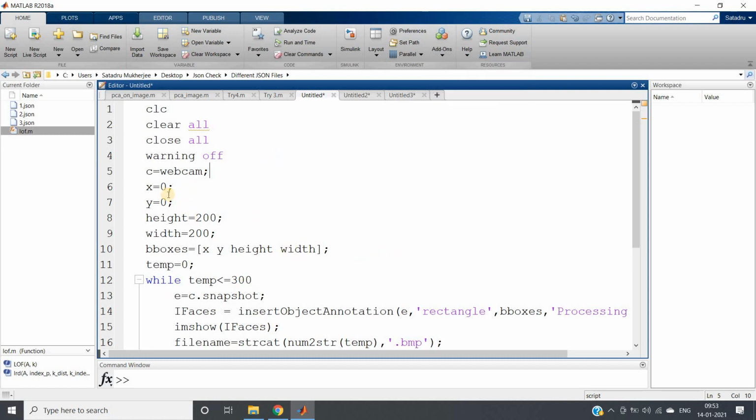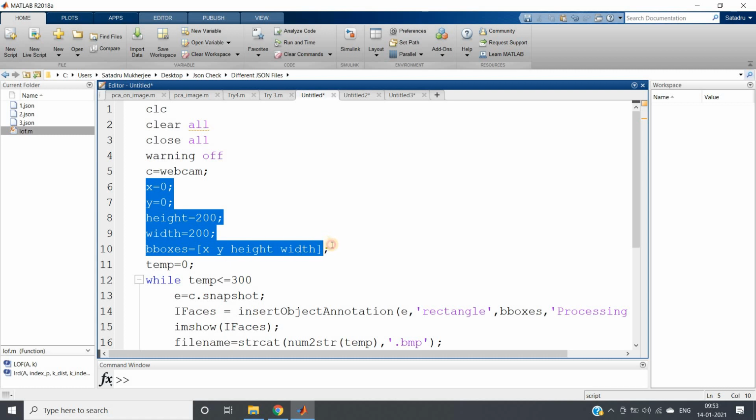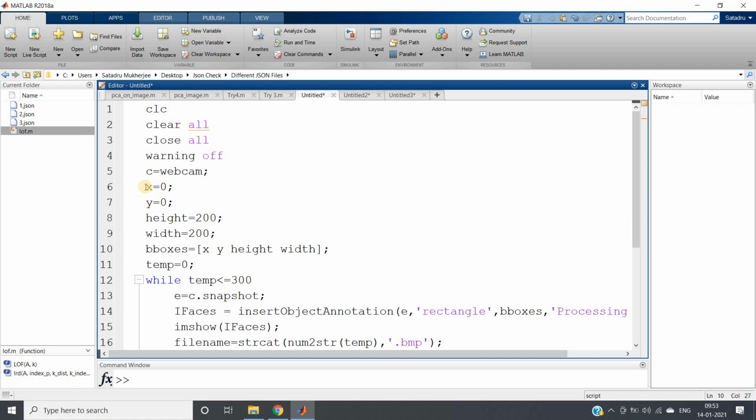Then what I am doing, this particular part is basically used for data collection, because first we require images of our gestures, based on which we will be training our convolutional neural network. So first, x equal to 0, y equal to 0, height equal to 200, width equal to 200. I am creating one small region where we will be taking our hand and creating our gestures 0 and 1 respectively, and that image will be captured for training.